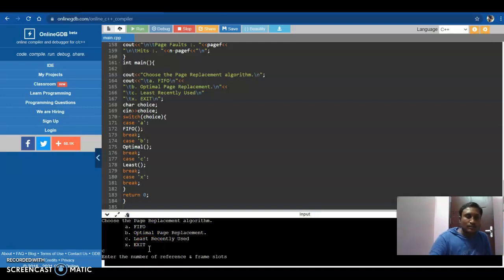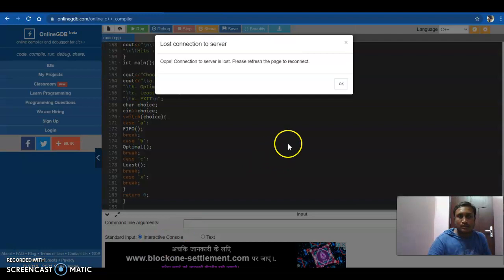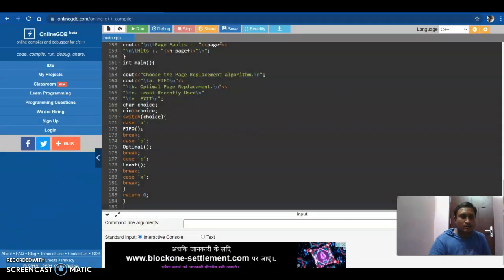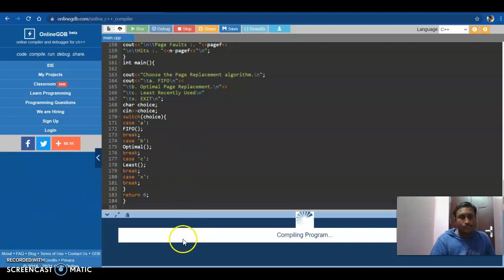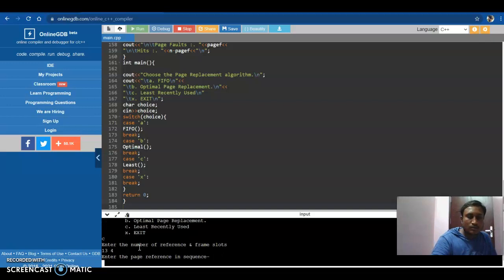Option C. 13, and the page reference: 7 0 1 2 0 3 0 4